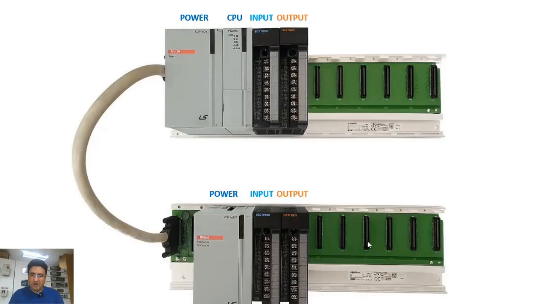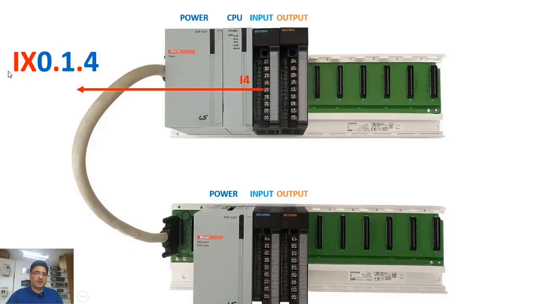Alright, now let's take a look together at how to address the inputs and outputs of rack-type PLCs. So when we use multiple racks, we call our main rack base 0, and the rest are numbered starting from 1. Now suppose that in our base 0, or perhaps more specifically rack 0, we currently have an input card installed, and we genuinely want to assign a unique address to one of its various inputs. For example, for input number 4, the addressing would be like this: